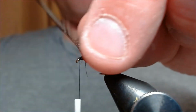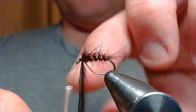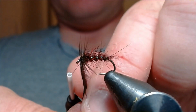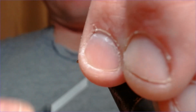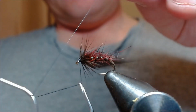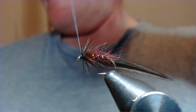So just a couple of turns of hackle is all I'm looking for. You don't want tons on this, so it's not going to be a super buoyant fly. Once, twice, that looks lovely, and then we're just going to catch that in, stroke the hackles back and finish in with a whip finisher, and just hold that back as you finish. Pull that tight,